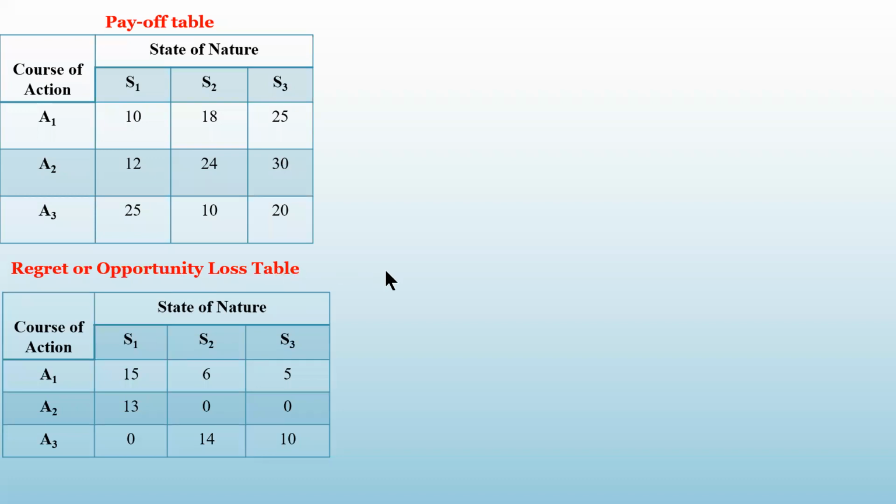Now these figures are what? They are loss figures. They are not the profit figures. They are the loss incurred because the decision maker has not selected the best course of action. So today we have seen up to here. Now tomorrow we will see whatever the different criterions available. जैसे वहां पर मैक्सिमैक्स, मैक्सिमिन, लैप्लेस था, यहाँ एक ही है मिनिमैक्स. और जैसे वहां EMV था वैसे यहाँ EOL है, expected opportunity loss. So that we are going to do in the next class.